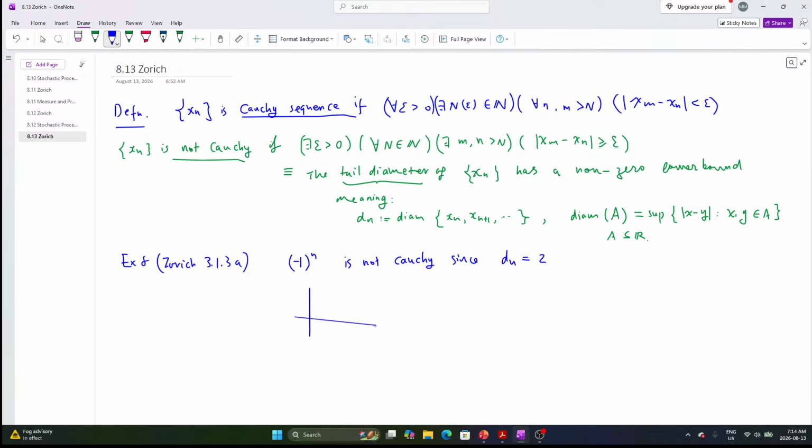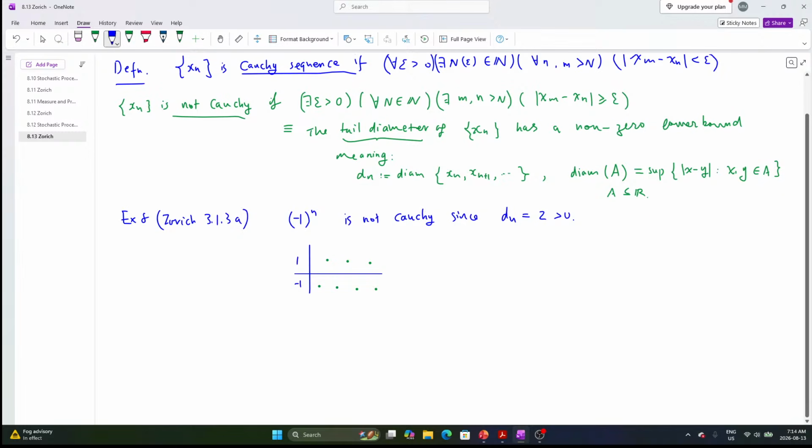This is the picture. When n equals 1, it's minus 1, n equals 2 is 1, and it just oscillates between minus 1 and 1. So the tail diameter is 2, greater than 0. Okay, done. Next up,